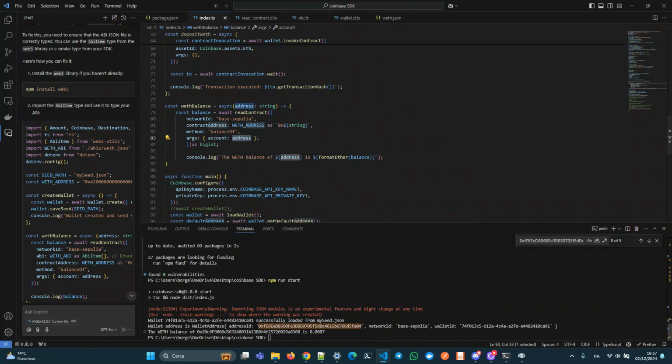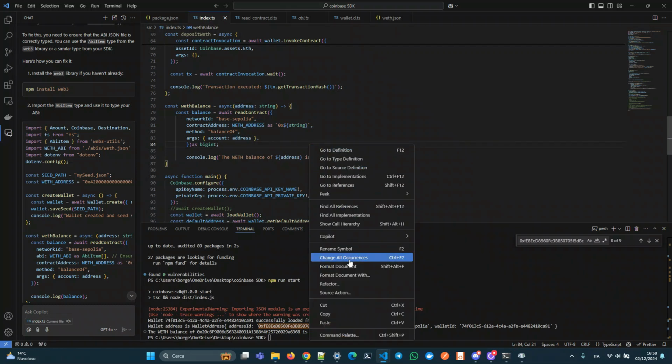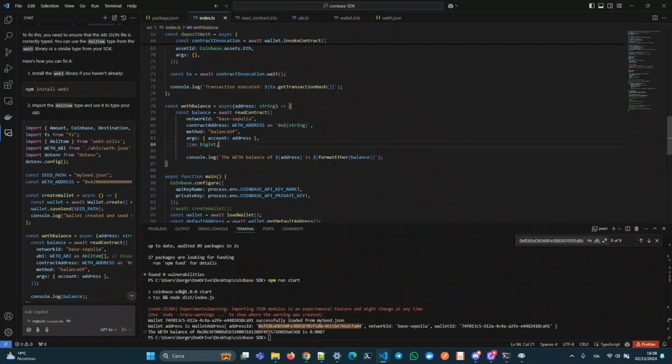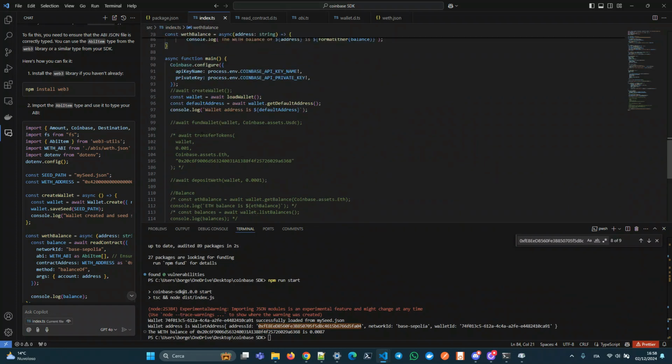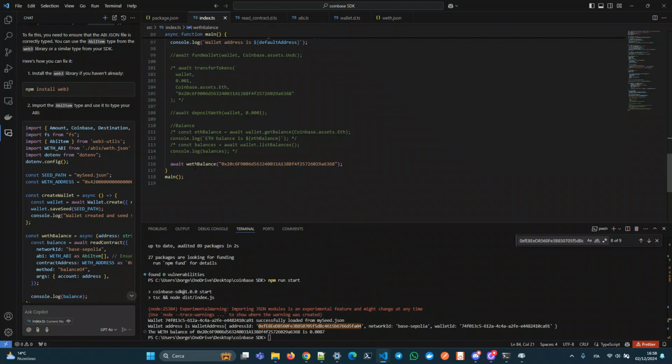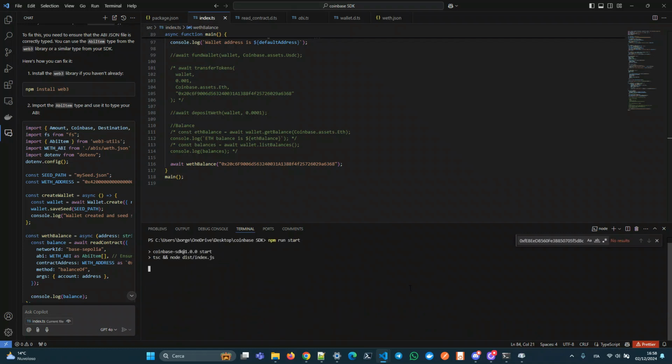Here I have also installed viem, because the output here is a BigInt, so it is a way to convert it to ether. I have used the format ether from viem, and then in the main I just called this method, and if I run again,